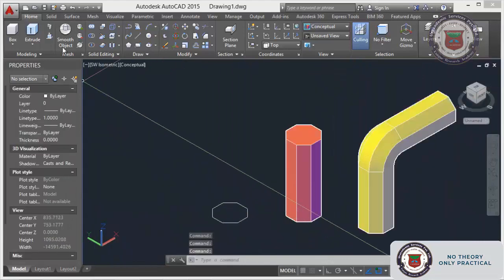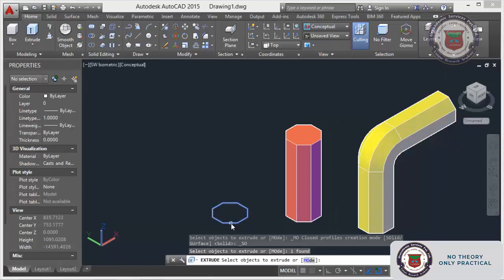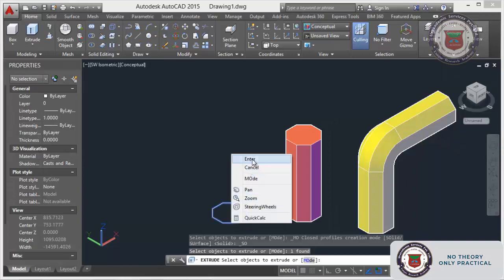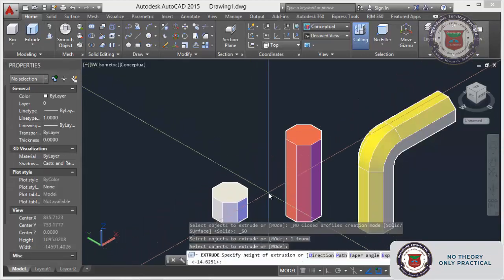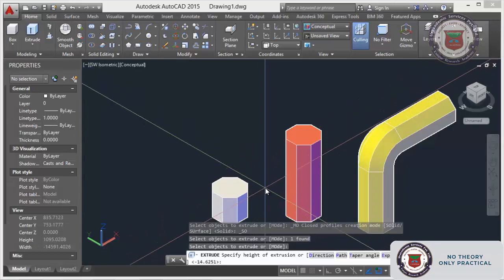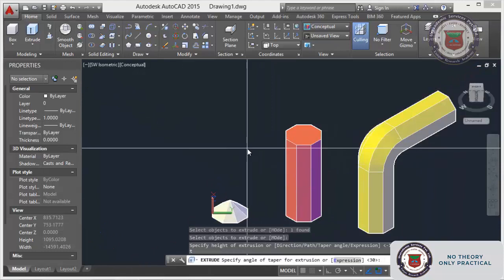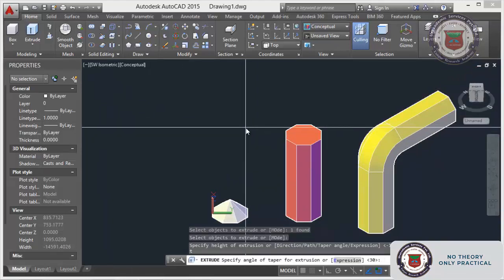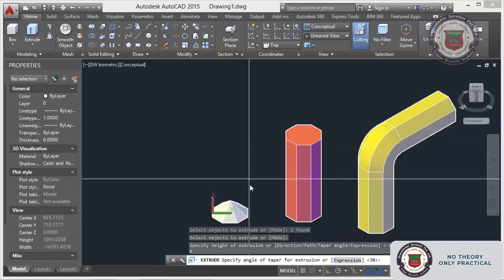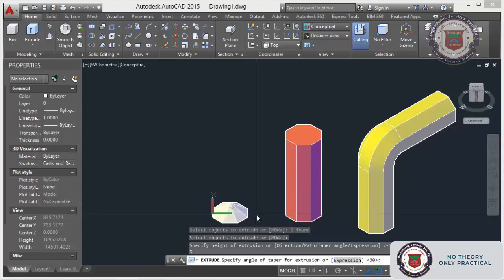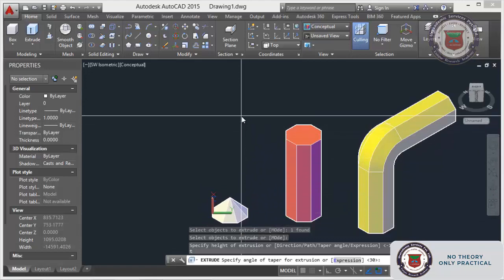Now you click on the extrude command. You have clicked and it will ask you the object, enter, and now you give taper angle, P, enter. It will ask you the angle. Already a 30-degree angle is there, no?